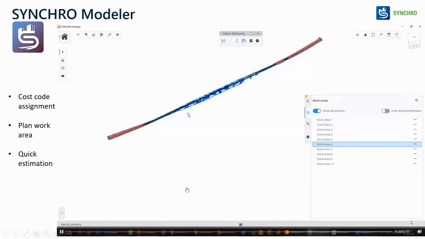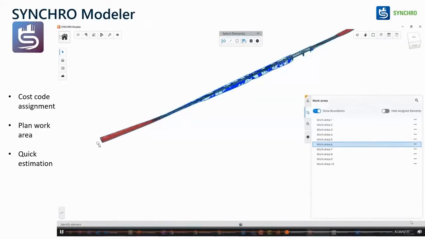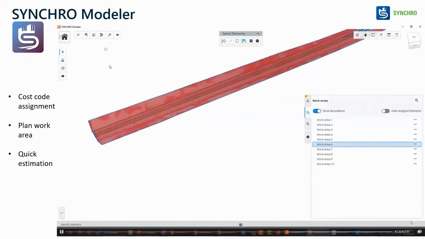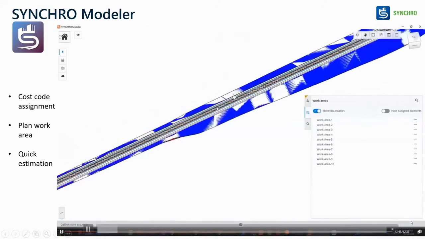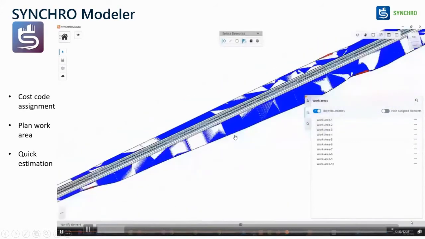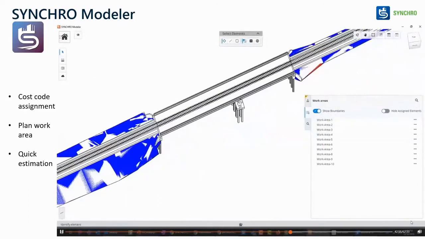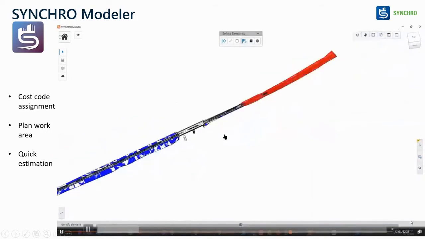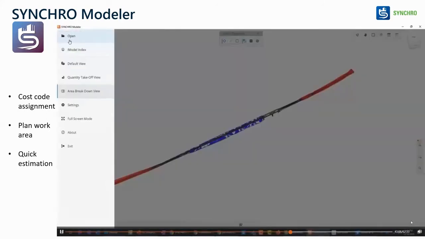Other than that, let's say you wanted to go for a quick cost estimation or cost analysis. For that reason, we have a 100 kilometers road or rail maybe. This is a typical rail project where we got the 3D model from Open Rail Designer, and we wanted to divide it into constructible components. For a 100 kilometer project, you might decide that 10 kilometers will be for project team 1, 10 kilometers for project team 2. So we have divided it into constructible elements and divided the work area so that you have better control on the project, who is doing what.